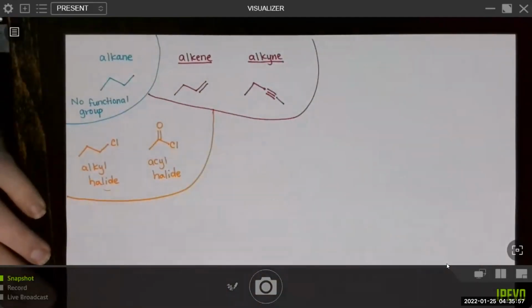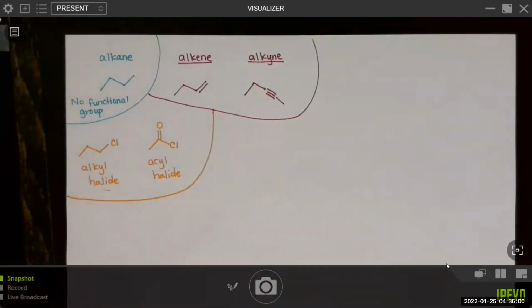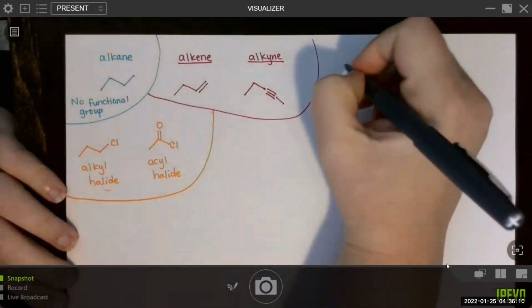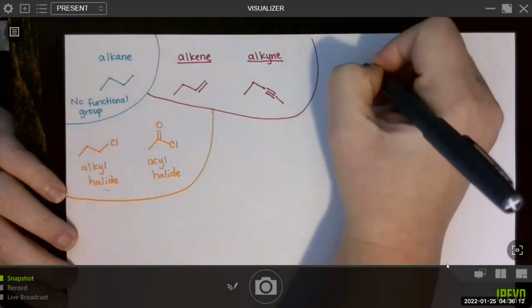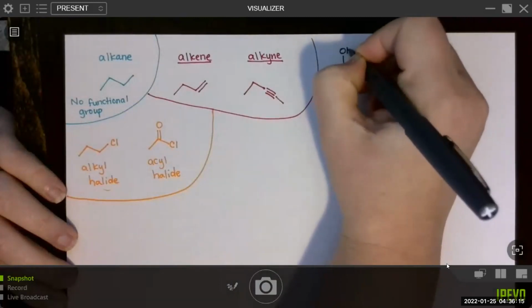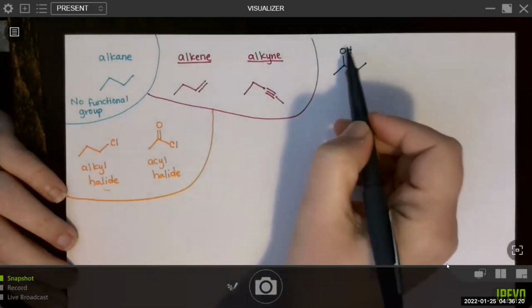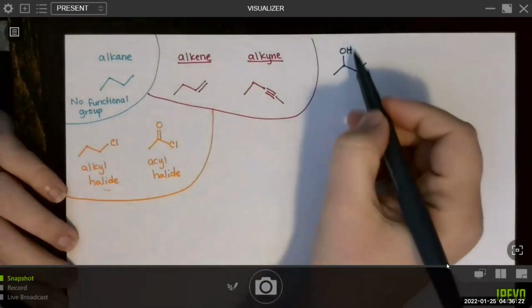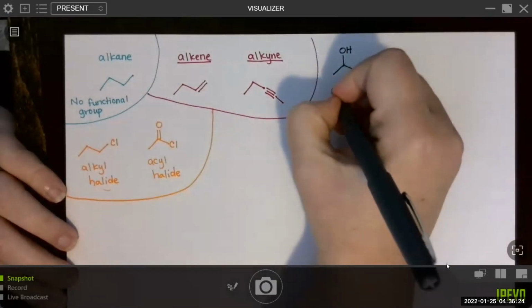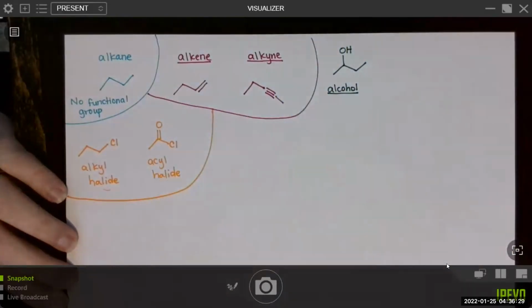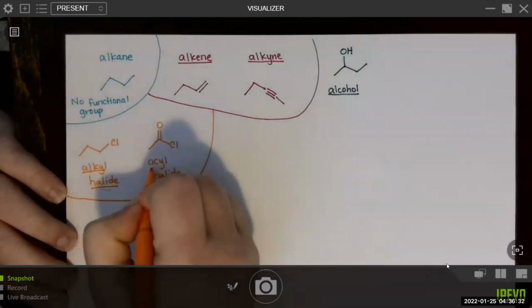Okay, let's go on and look at another set of compounds. How about next we look at ones that involve oxygen? Maybe we have a carbon attached to an OH group. Okay, so you might see OH somewhere, any carbon attached to the OH group. Right? This is going to be called an alcohol. Really underline anything that is a functional group name.